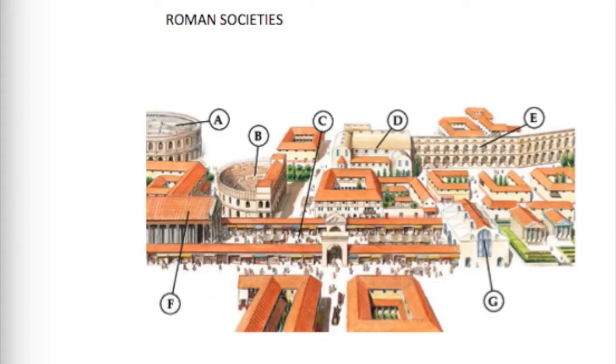D, it could go anywhere. Could be a granary house. You don't really know. E is where the